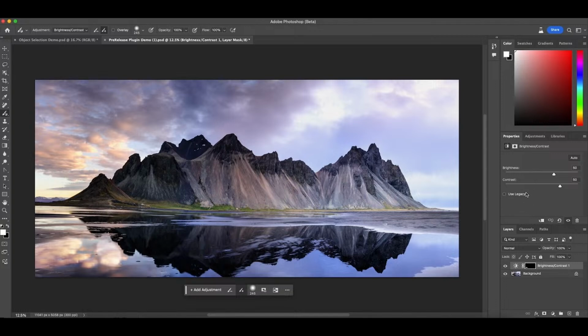So we selected default values for brightness and contrast and for all of the adjustments in this tool so that you see the effect in real time. But we know that every image is different. The effect that you want to see is relative to the rest of your image, and these values will probably nearly never be right, but they're a starting place. And from there, I can say, this is a little too bright. I want to pull it back. I want to bring the contrast down a little bit. I'm happy with that. Now, from here, I can continue to add, so I can brighten up, maybe the clouds